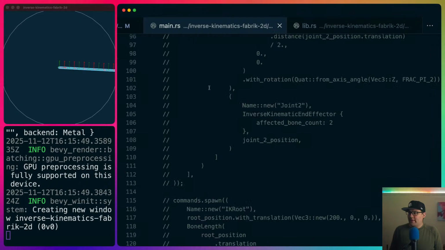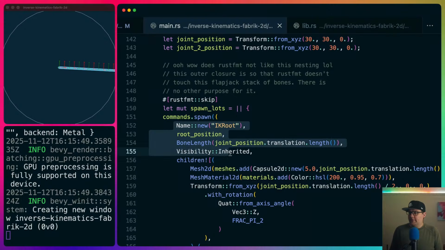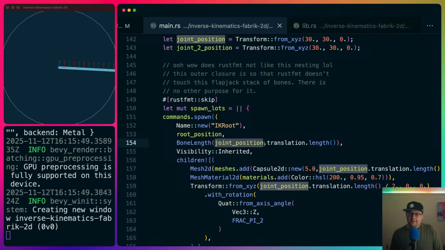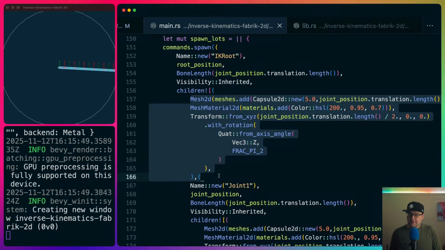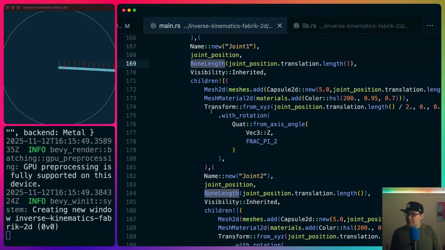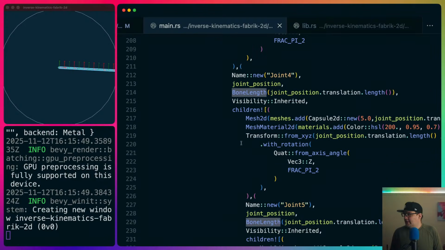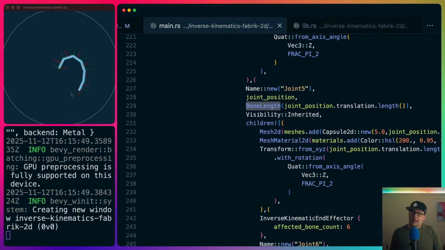The current way that this works is we still have a bone length here. I guess I didn't remove the bone length. I was going to, I didn't yet. So the bone length here is a defined distance. In the future, this will come from the original joint to joint distance, I think. But for now, it's just a defined distance. Then we have a bunch of children, meshes inside of there, more joints inside of there with bone lengths, more children, more bone lengths, more children, more bone lengths. So we end up with this hierarchy of bones, and each of the bones has their own mesh 2D